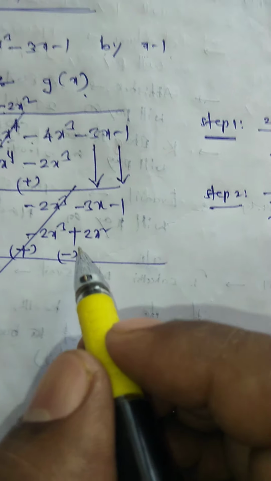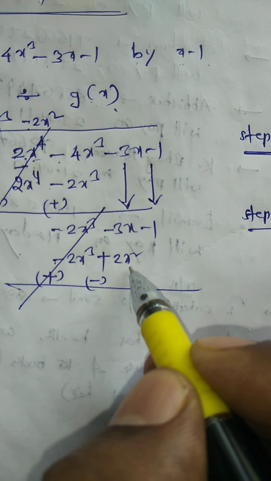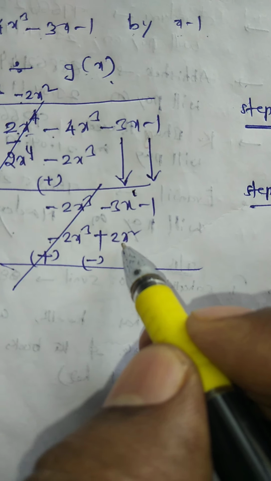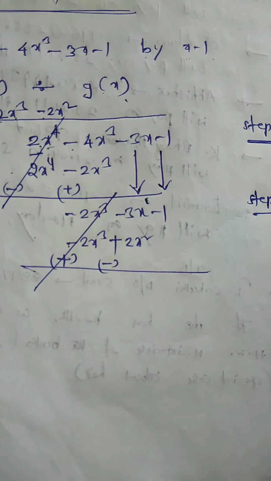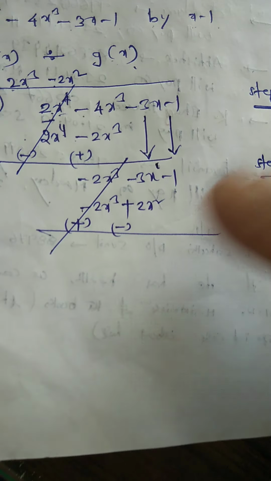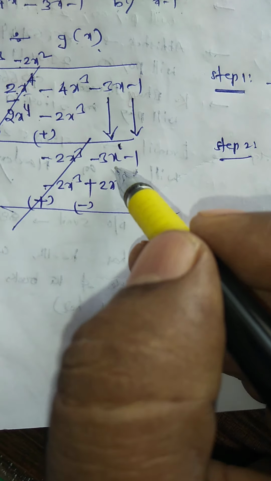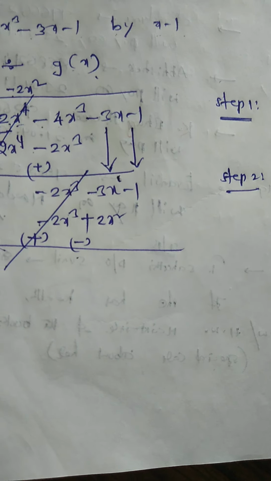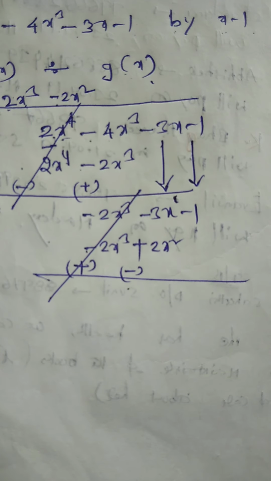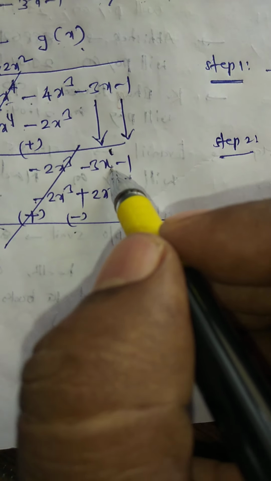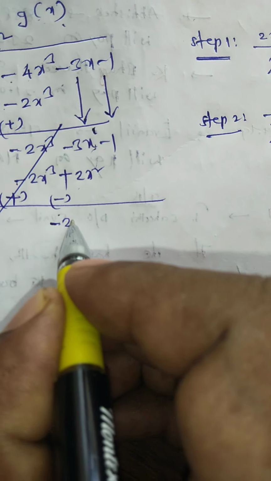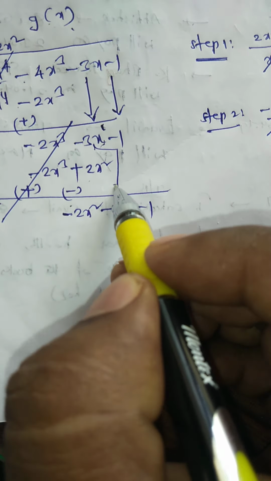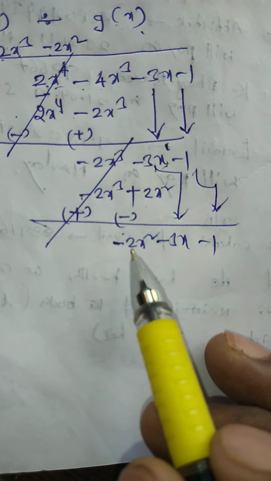These two are cancelled. Here you can observe x power is 2, here x power is 1. These two are the same variable, the powers are different, but we should not subtract or add. Why? Because these two are unlike terms. We should not add or subtract; only like terms can be added. x square as it is, we write here 2x square minus 3x minus 1. This you have to bring down. Now you can check the order.